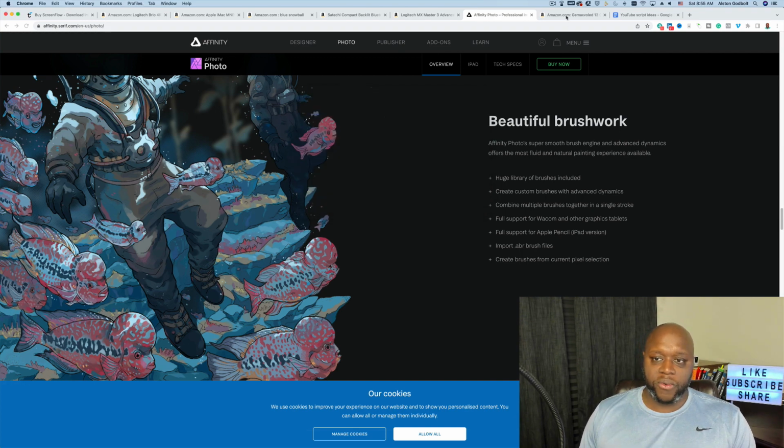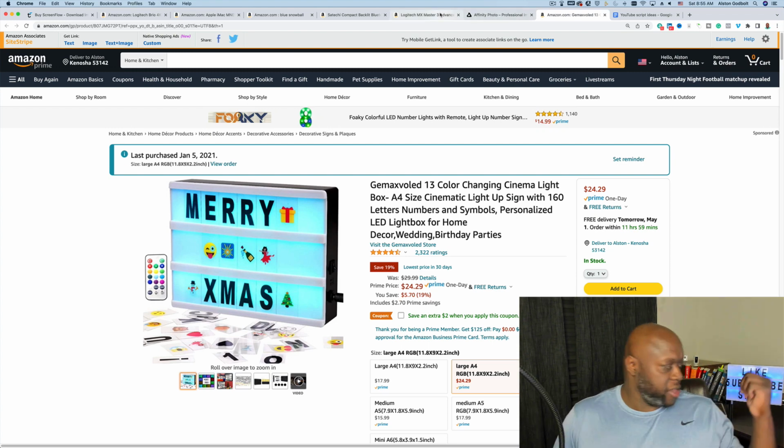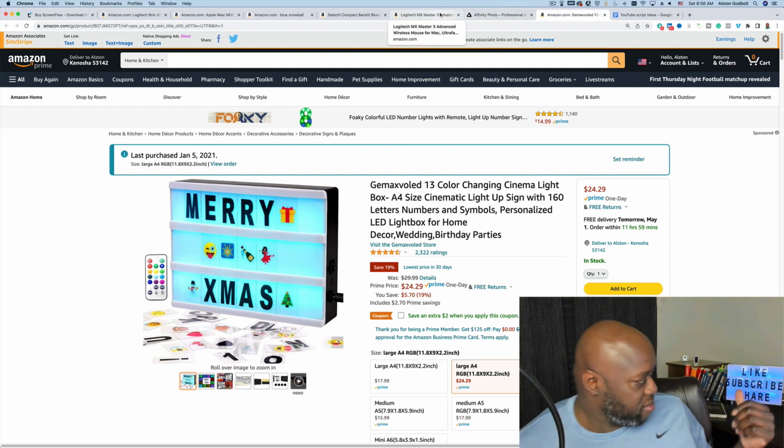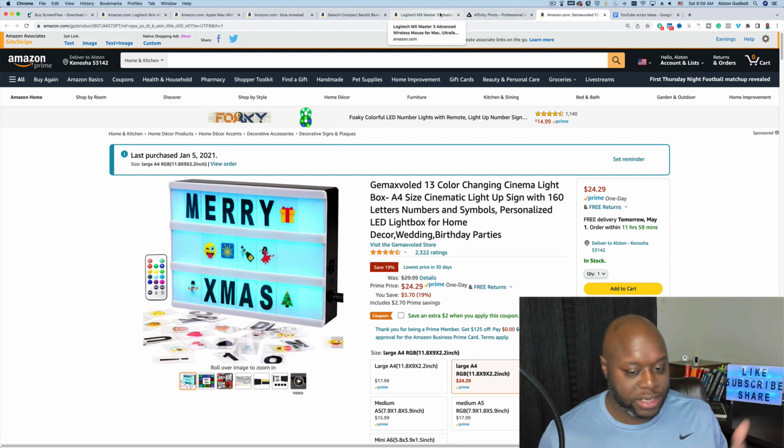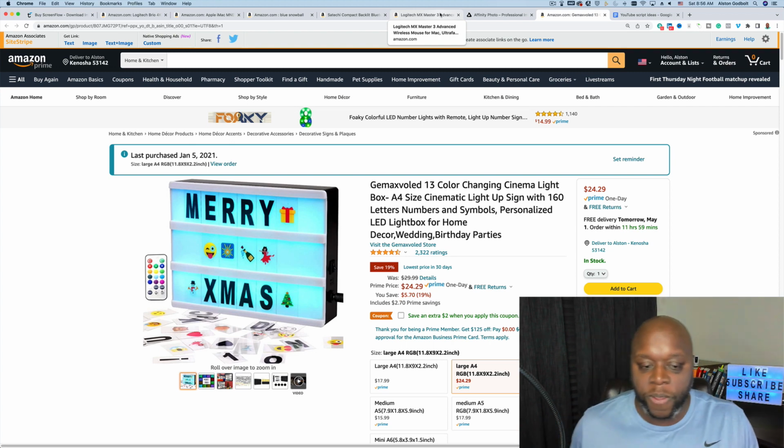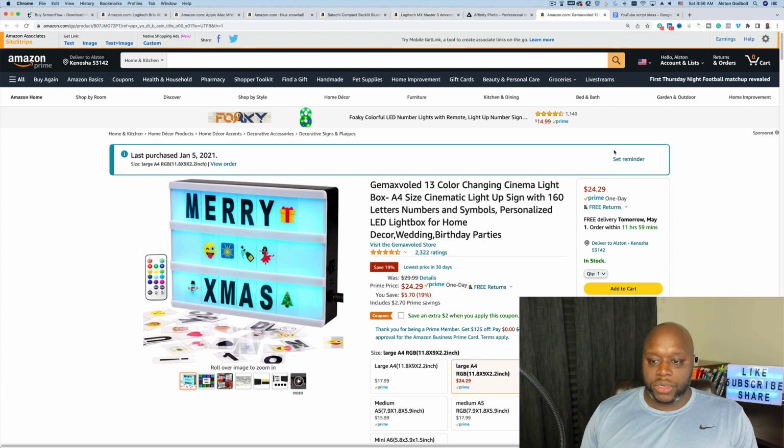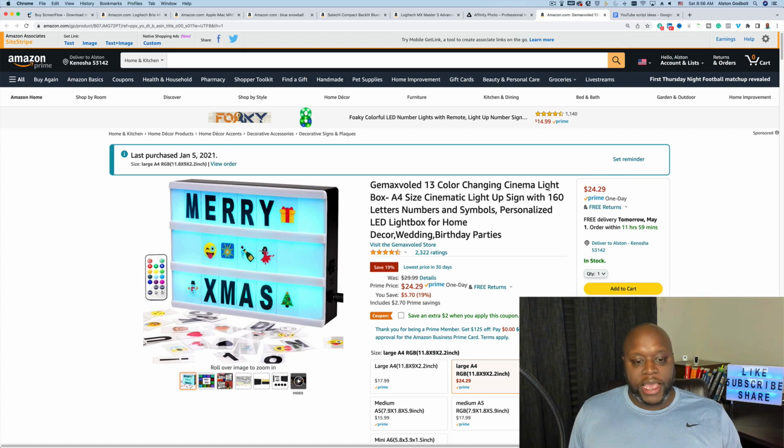After Affinity Photo, we have this little thing right here. As you can see, my S is missing. It's lost into the Office ether, and so I replaced it with a 5. Only $24.99. And the funny thing with this is you can tell it was not made in the United States, because if you look at